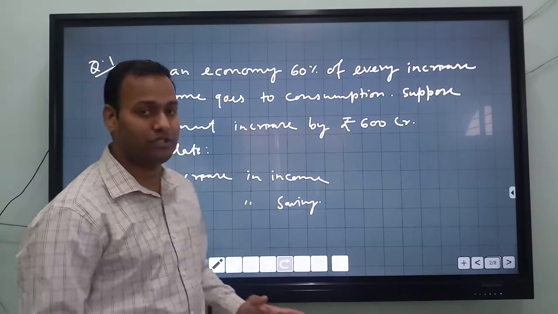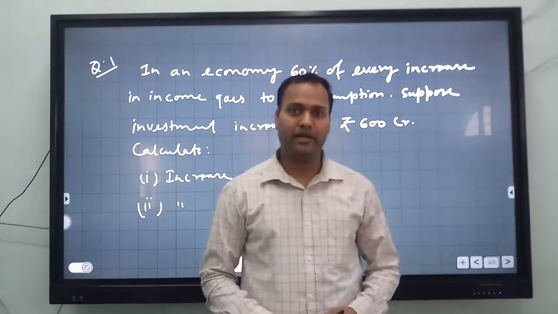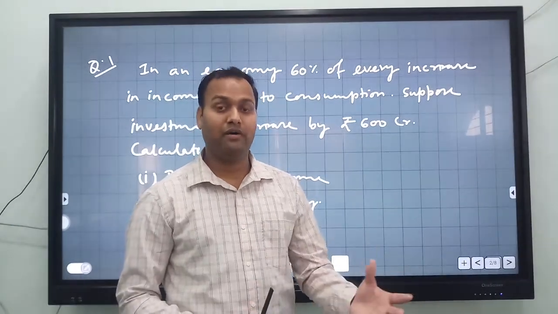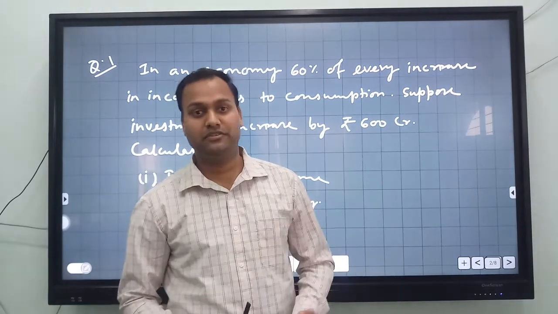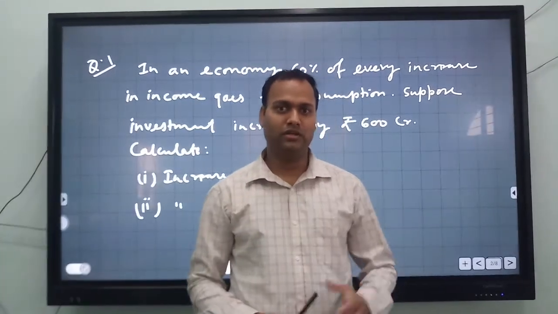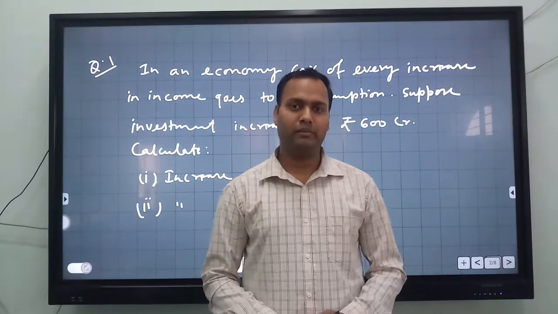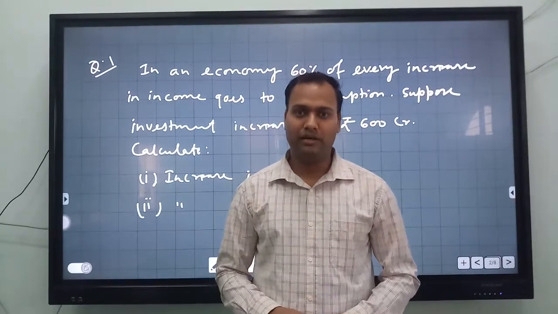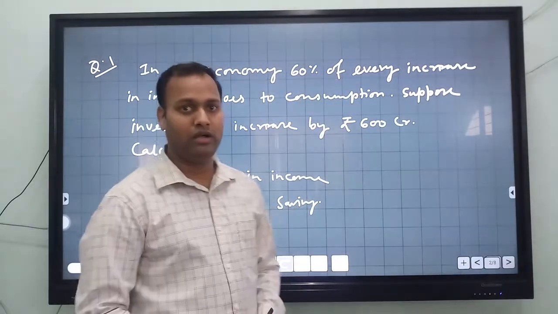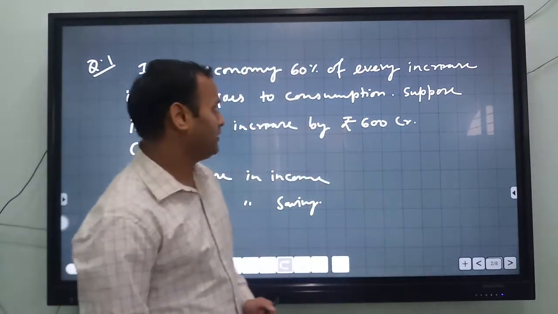I hope you understood the concept of how to solve the problem related to the investment multiplier, how to calculate the K, MPC, MPS, delta I, delta Y, and consumption function, saving function. There are different kinds of questions I already did related to this chapter. So I hope you understood how to solve the numerical problem based on this multiplier. This is the last question. Different kinds of questions are also there, so you just solve more questions related to this chapter. Okay. So here are the questions.